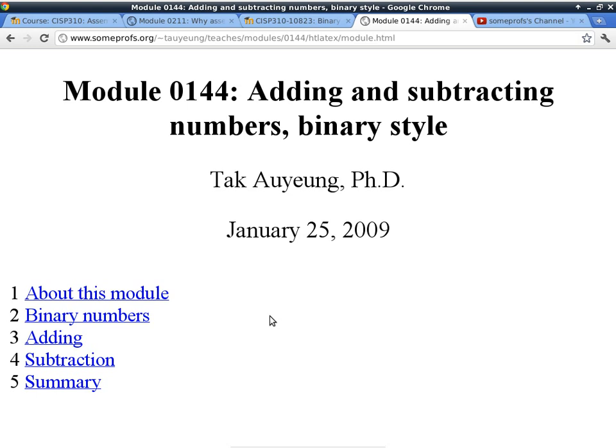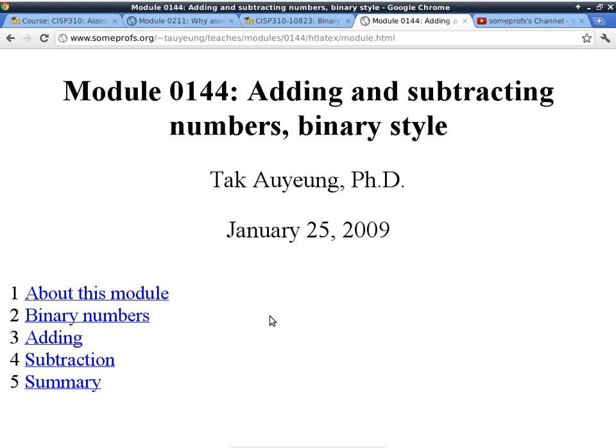Base 2. Yeah, base 2. Okay. In base 10, every kid in 2nd grade or 3rd grade has to spend almost an entire year to get the multiplication table down. Why is that? How do you know 6 times 8 is 48? It's mostly memorization. If it's not memorization, it's 8 times 8, which is 16. 8 plus 8 is 16. 16 plus 8 is 24, and so on until you work up to 48,